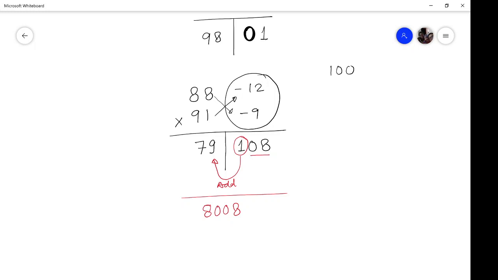So friends, in this lecture you have learned how to multiply 2-digit numbers using the Nikhilam technique. In the end, remember, all these numbers are very close to the base. Again we will be going for numbers which are very close to the base in the next lecture, but then we will be talking of 3-digit numbers.